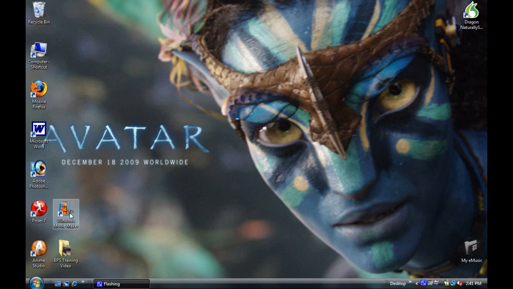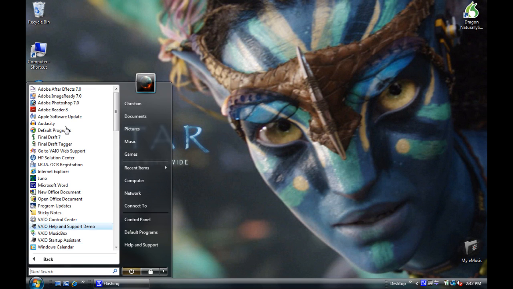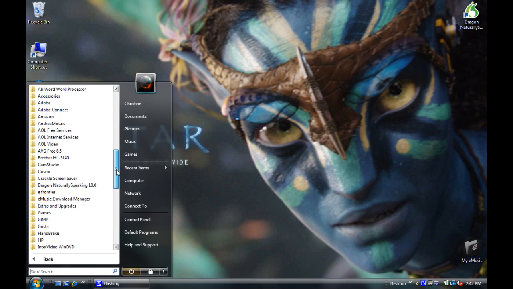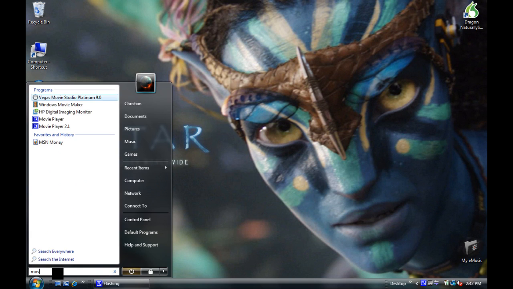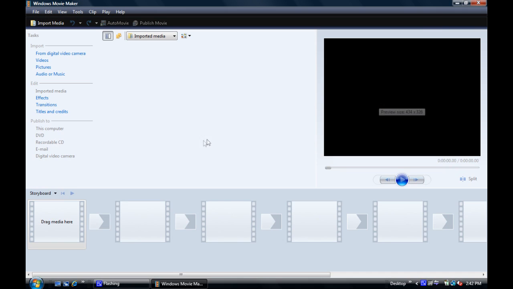This is the icon for it here. If you don't see it here, you can look for it in your Start button. It should be somewhere under one of the Windows folders or application folders. You should be able to find it. You could search for it here in the search. Just type Movie Maker, and it should come up there. There it is, Windows Movie Maker. So just open that, and